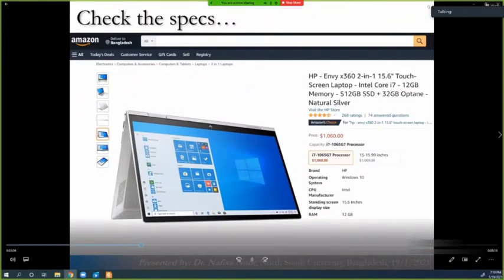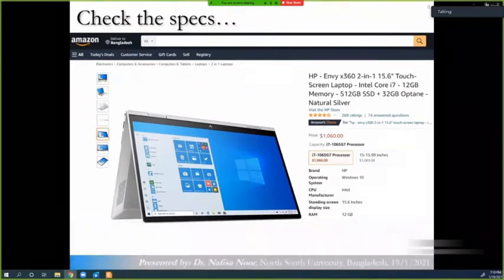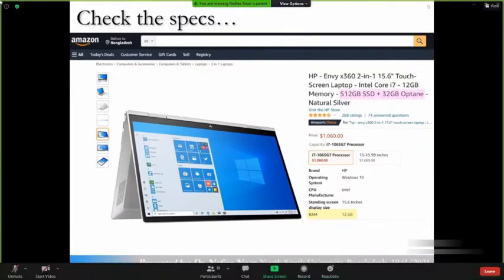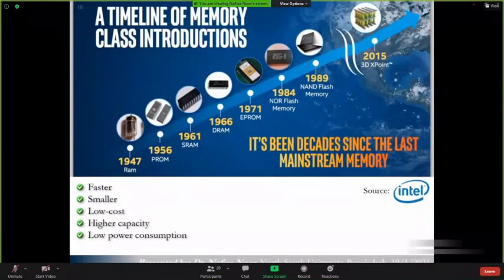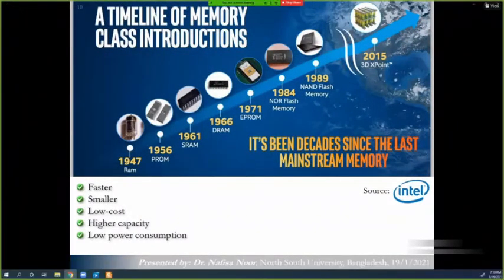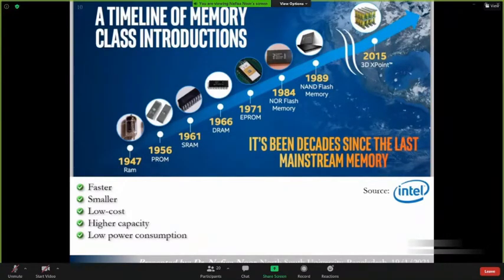However, if we look into the specifications of the high-end and newer laptops, you may notice that the hard disk drive is partially or completely replaced by the new forms of storage devices such as the SSD and Optane. These specifications clearly indicate that the memory and storage technologies are progressing rapidly, and people's demands are also changing accordingly over time. In general, people want to afford faster and smaller devices with low cost, high capacity, and low power